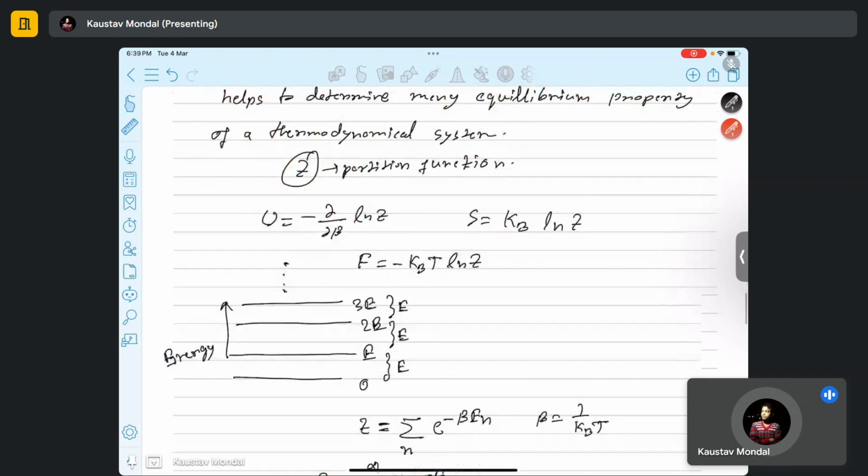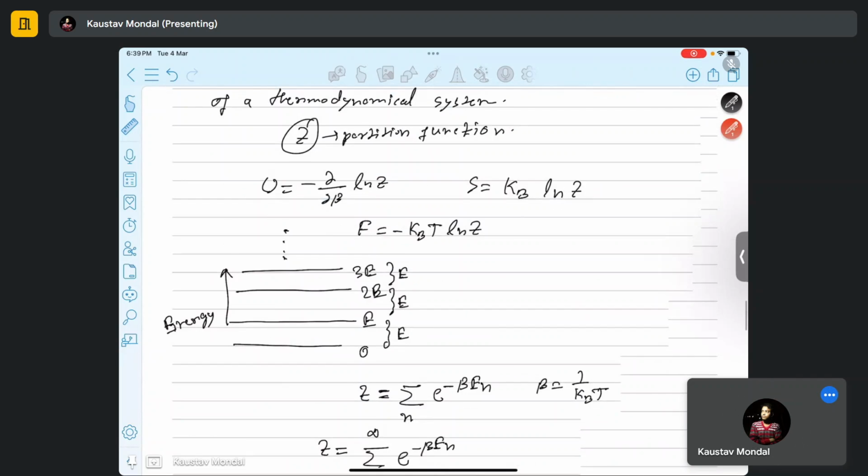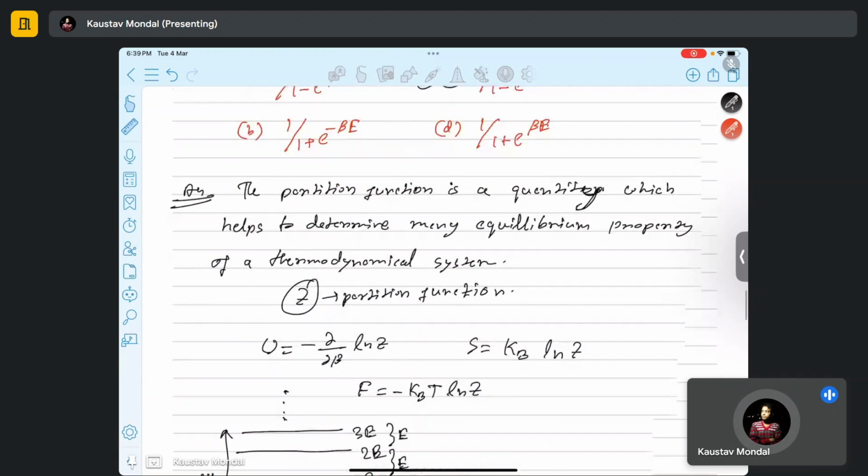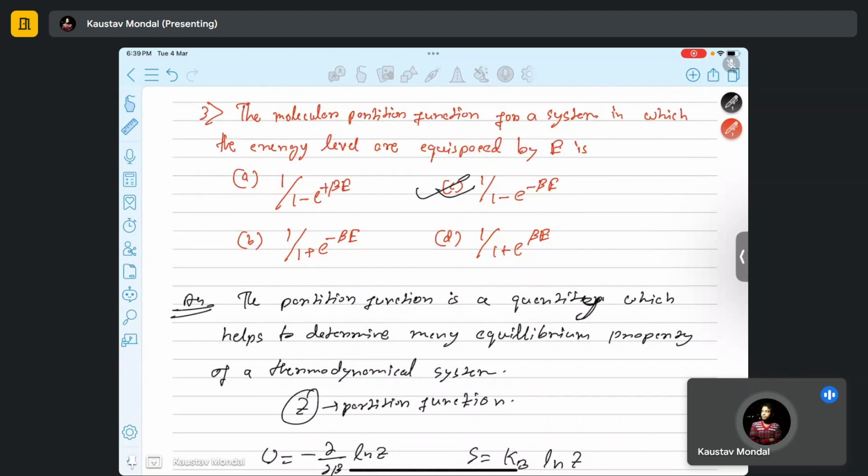So how would you have done that? So basically, in the problem, it says that you have to find the partition function of a molecule for a system in which energy levels are equispaced by E. So what we have done,